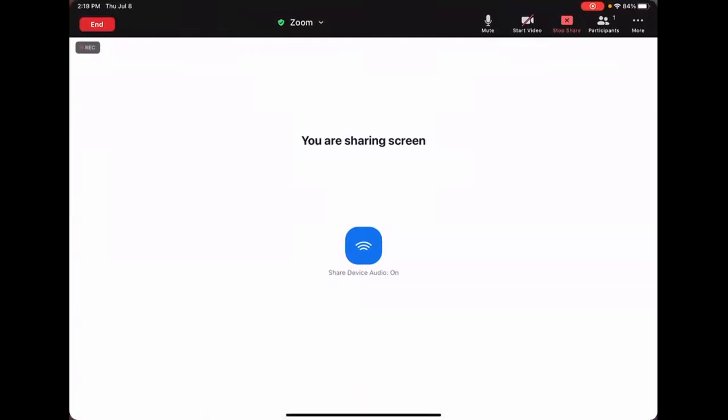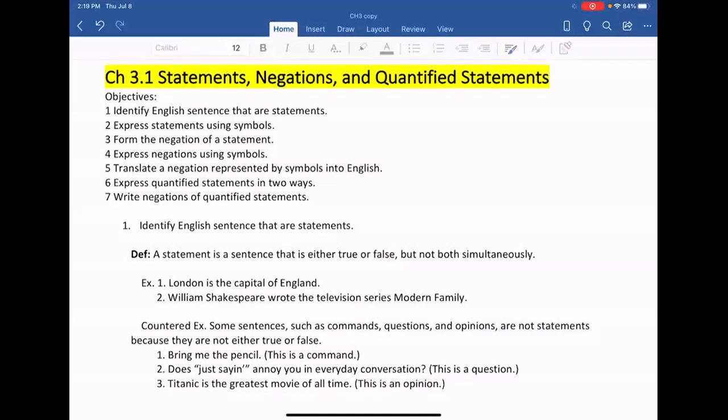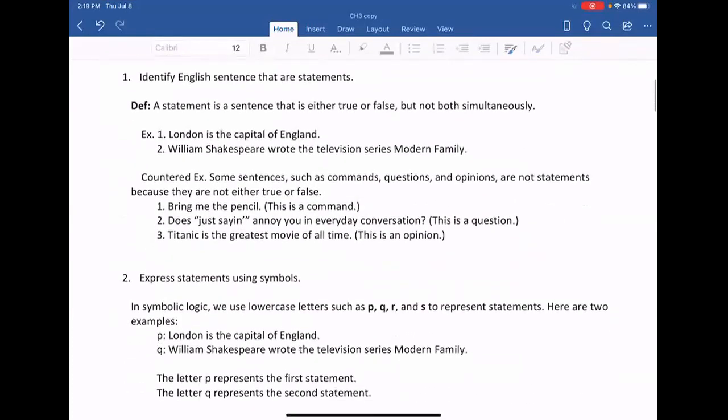In this video, we will learn chapter 3.1, statements, negations, and quantified statements. In part 1, let's identify English sentences that are statements. Here is a definition of statements. A statement is a sentence that is either true or false, but not both